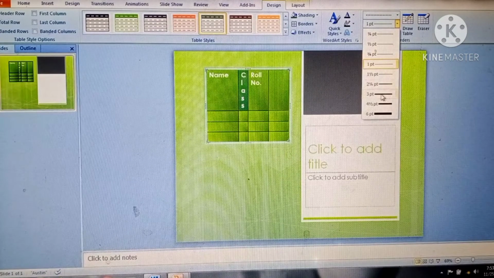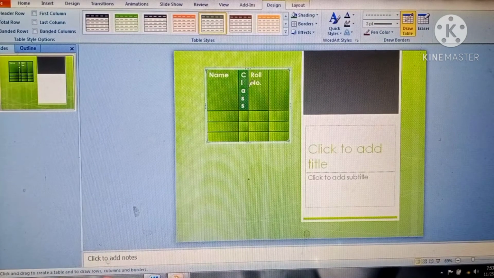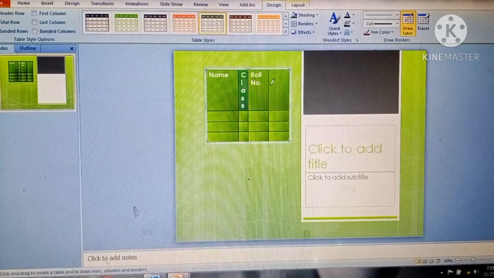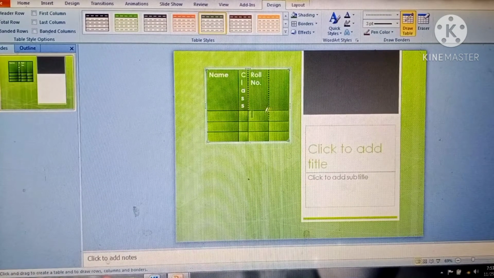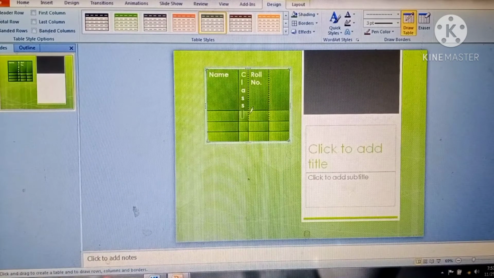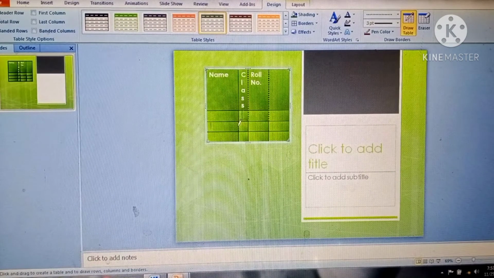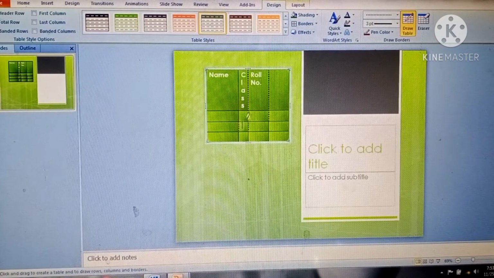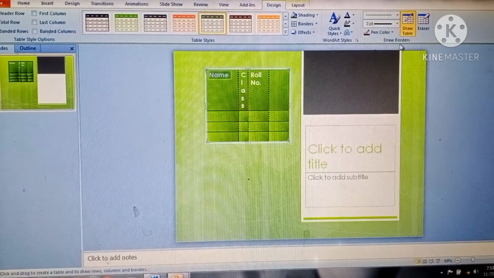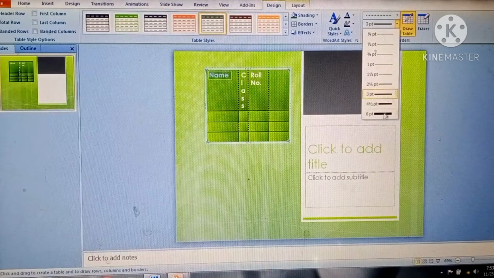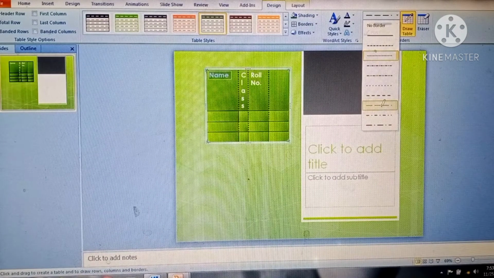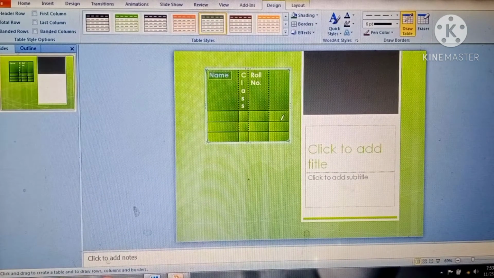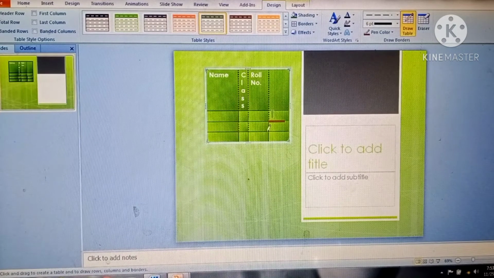यहाँ पे आप बॉर्डर का पॉइंट्स चेंज कर सकते हो. You can change the width of your border and I have chosen the pointed, it is showing the pointed. But yes, on the border you have to go and with this pencil you have to change all the borders of the cells like this. You can see if I am choosing the 6 point and I am choosing this style and clicking on this, you can see the changes here.